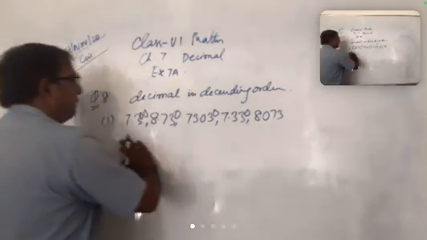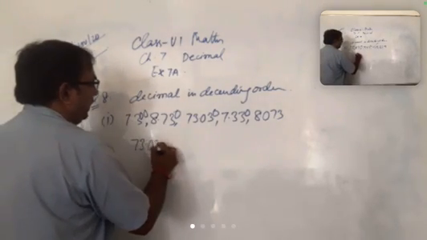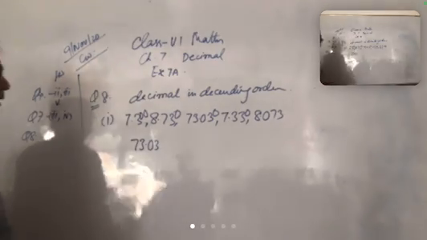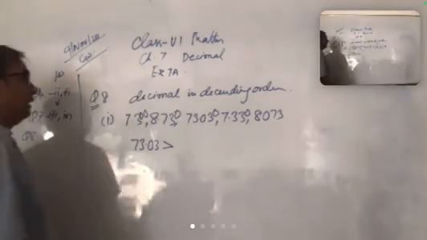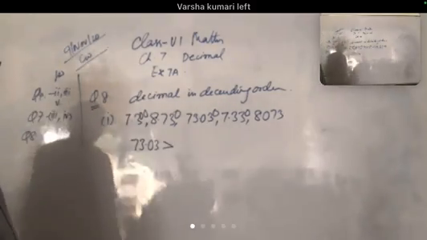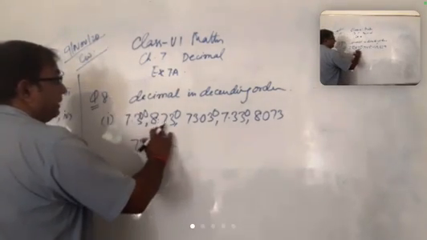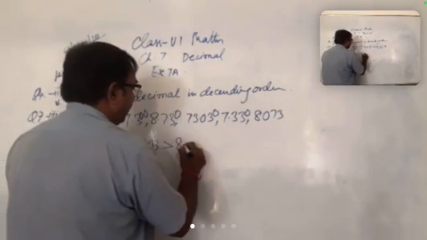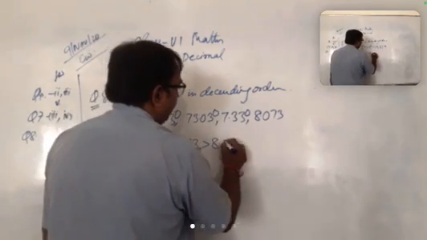Now we see which number is bigger in all. I think 73.03 is the biggest of all. सभी numbers में ये number सबसे बड़ा है. Then we put the greater than sign. This is the greater than sign. While writing the descending order, we can use the greater than sign. Now 73.03 is greater than. उसके बाद हमें check करना है. Now it is 8.730 and this is 8.073. So the next number is 8.73. And we know the next is again 8.073.